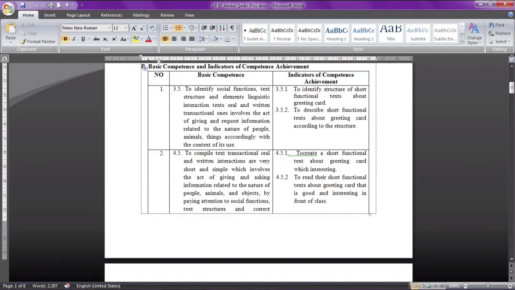Lanjut ke indicators of competence. 3.5.1 to identify structure of short functional text about greeting card. 3.5.2 to describe short functional text about greeting card according to the structure. 4.5.1 to create a short functional text about greeting card which is interesting. 4.5.2 to read their short functional text about greeting card that is good and interesting in front of